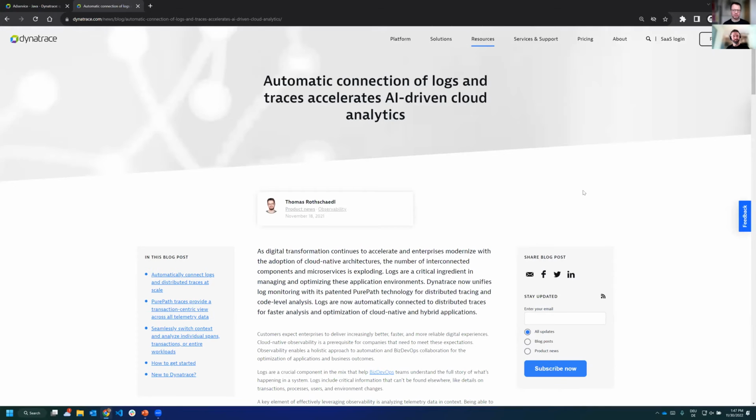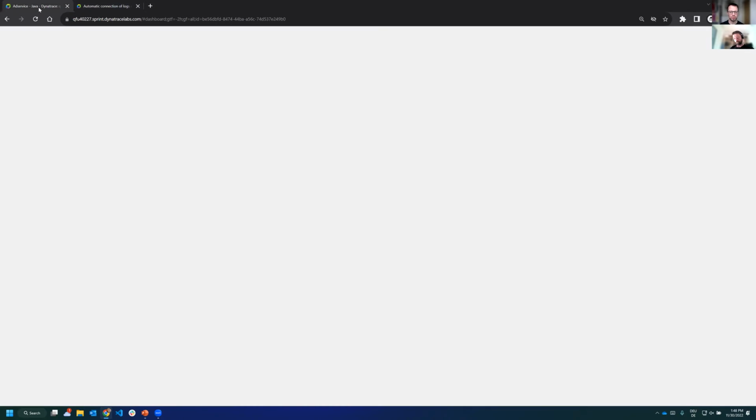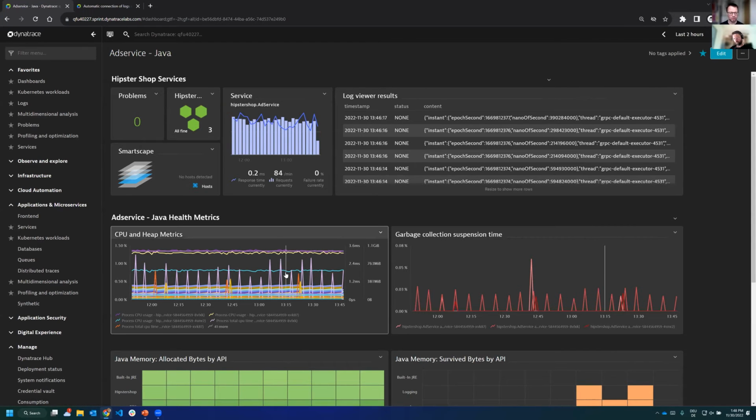So for instance, think about new capabilities that we have added, like here, for instance, the automatic connections of logs and traces. That is a feature that is built into OneAgent since quite some time right now. And I have here an environment where I'm a limited user. I have just the rights for specific Java processes and microservices to keep an eye on them. And also within my premise, within a limited management zone, I can make environment changes and config changes by myself. So let's take a look at my dashboard here that gives me a quick overview about the health